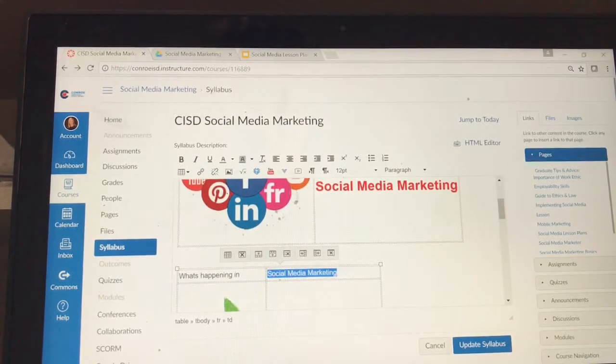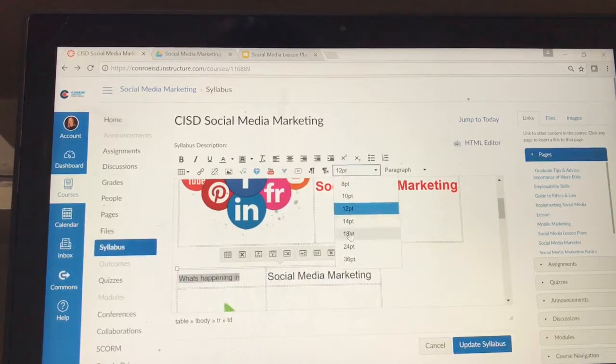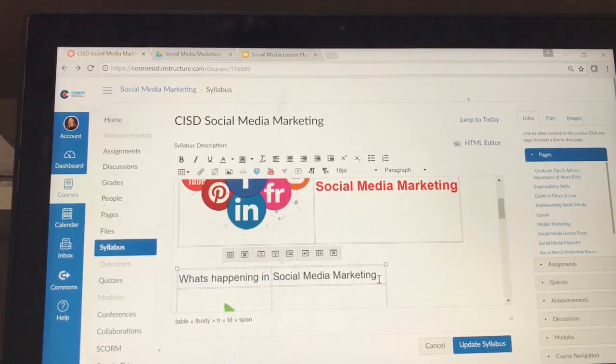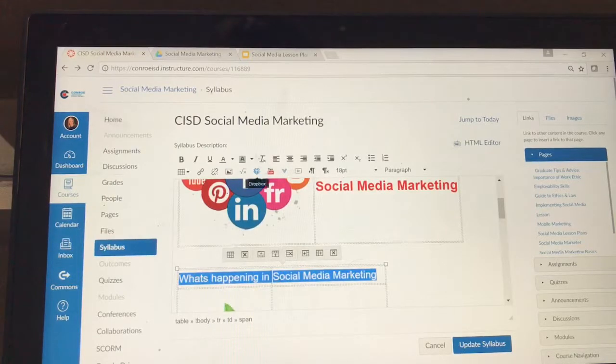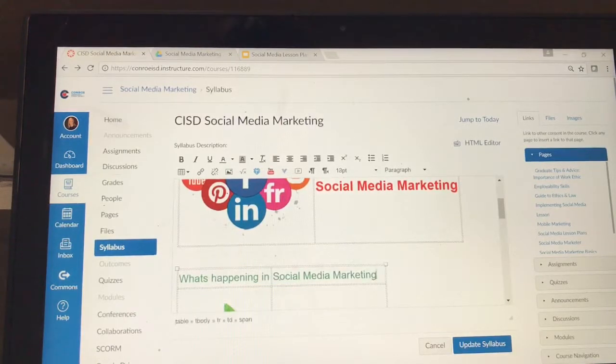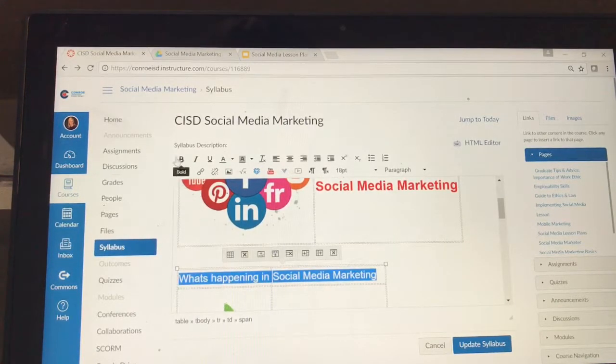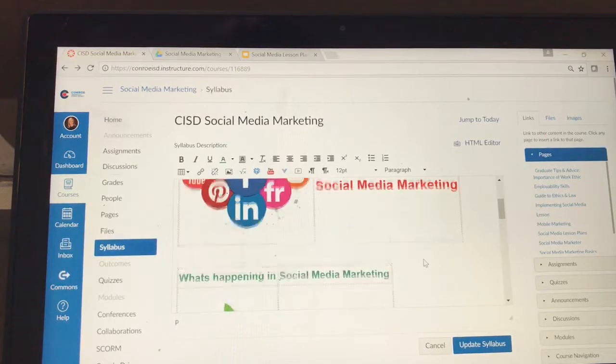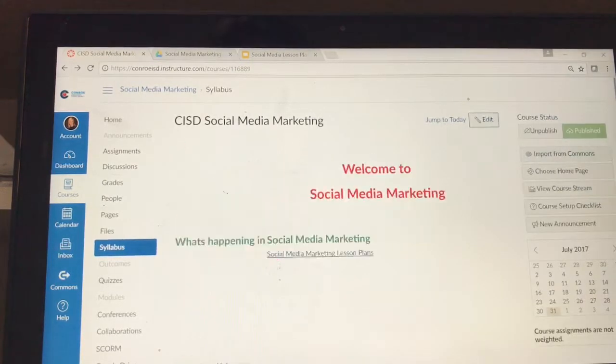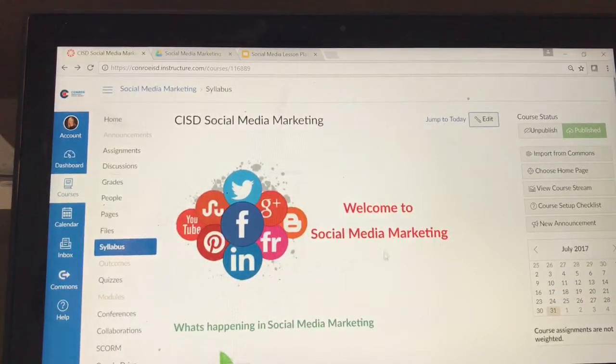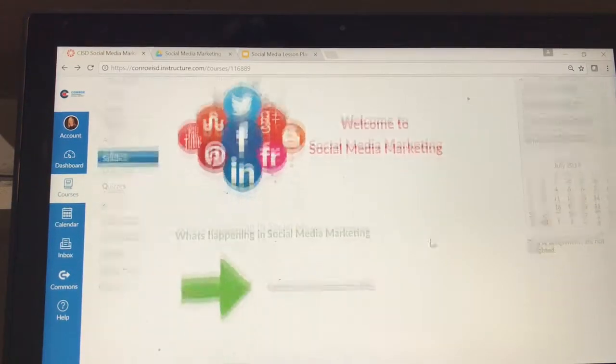So what I want to do is I'm going to make it bigger. Okay, I'm going to make it about an 18 point font. Okay, and then I am actually going to highlight it all and turn it green to match my little arrow. And now I want to make it bold. Okay, so now if I hit update syllabus, my parents and my students see welcome to social media marketing, what's